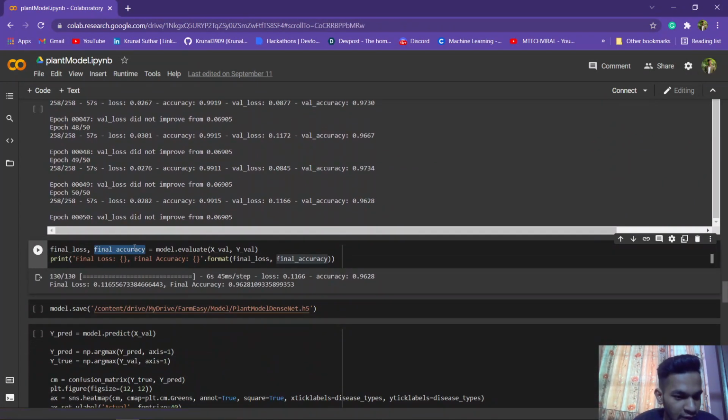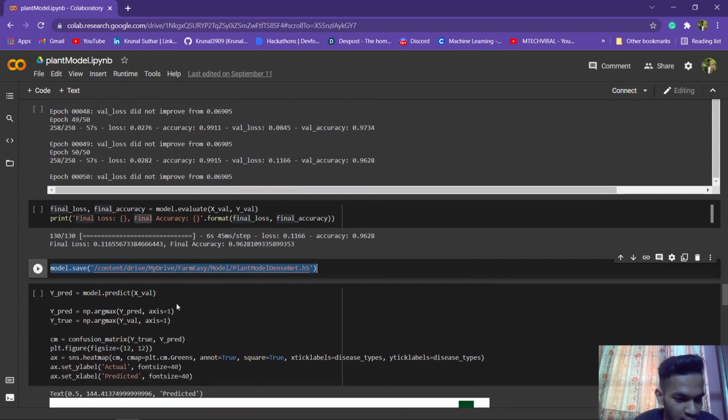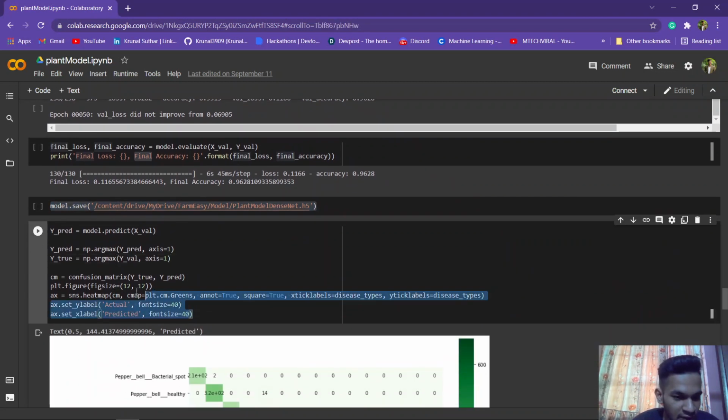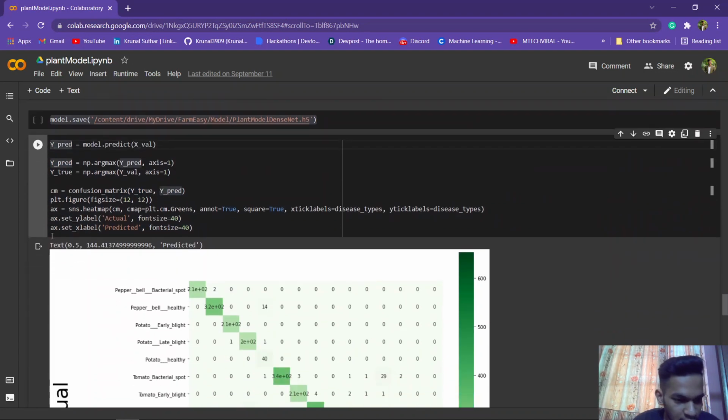Then we evaluated the final loss and final accuracy, and then we saved the model for future use. Then we created the dataset and plotted it as a